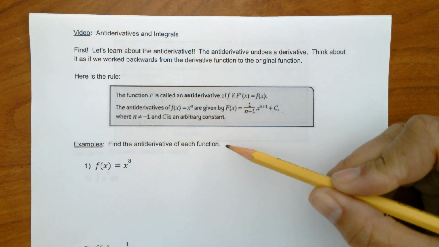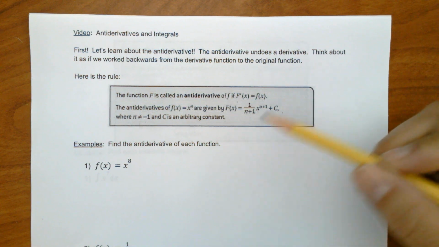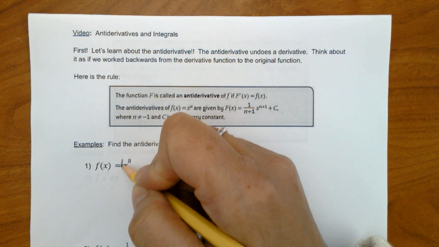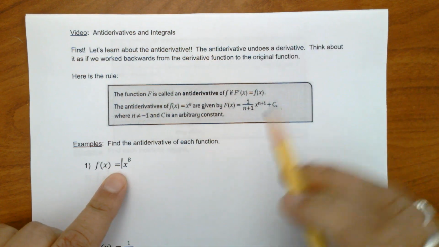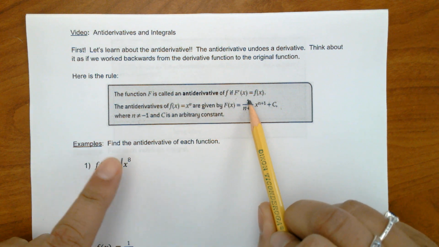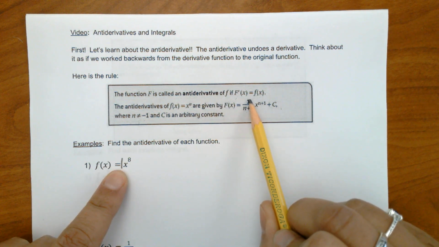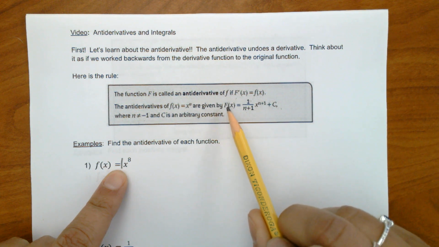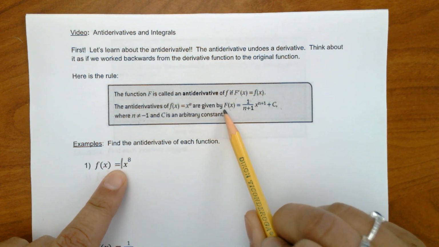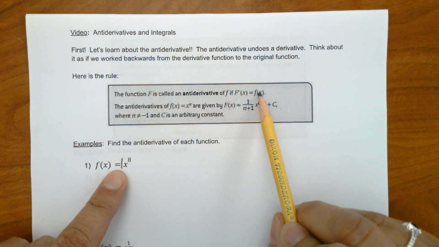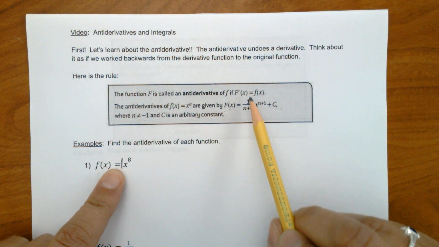We're going to need to find the antiderivative of each function. So number one, f of x equals 1 times x to the 8. And the reason why I said 1 times x to the 8 is because this one in our rule right here is going to be the numerator. So whatever coefficient is in front is going to end up being that numerator. That's why in this rule, when we go back to our original function, and that's why it's a capital F, because capital F means our original function from our derivative, the coefficient in front is going to be in the